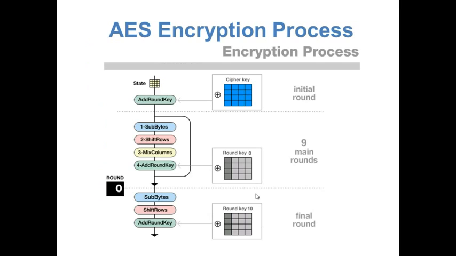When you go with the encryption process, the data and the cipher key are being stored in the state. The state then adds a round key. The data computation then consists of an add round key step, then 9, 11 or 13 rounds with 4 steps, and a final 10th, 12th or 14th round, byte by byte, like the sub bytes, shift rows, mix columns and add round key, being performed accordingly